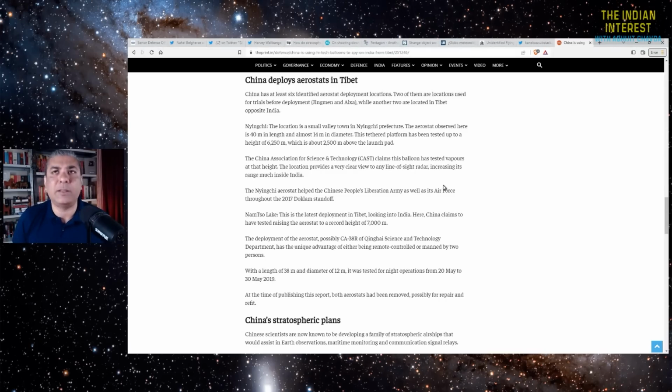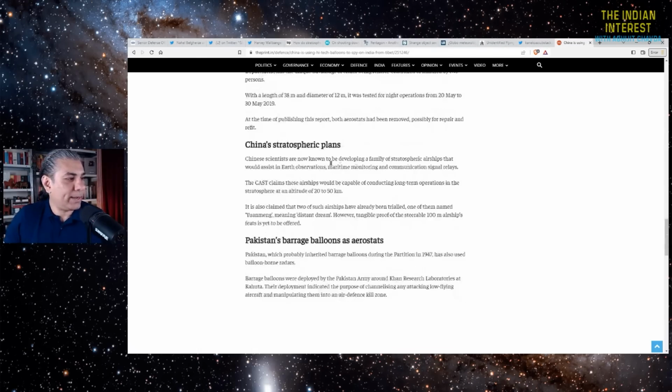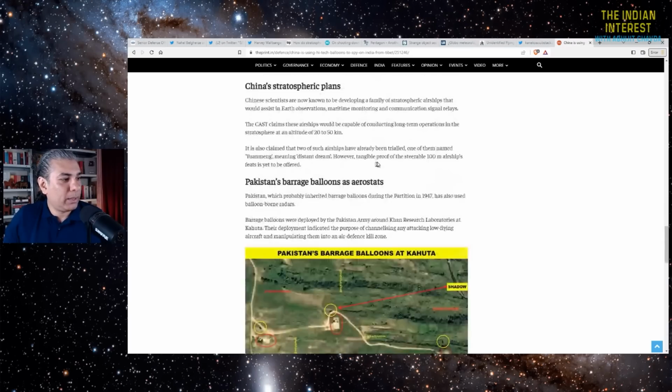The F-18 that the US has also could reach an altitude of 60,000 feet at most. So these balloons are kind of above the ceiling of most high-end fighter aircraft. So it's kind of hard to bring them down. So it's a very interesting tactic the Chinese are using. So China has stratospheric balloons, and